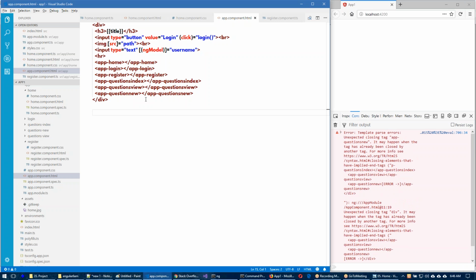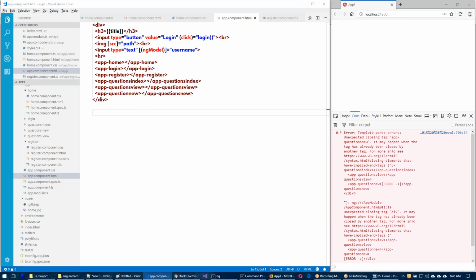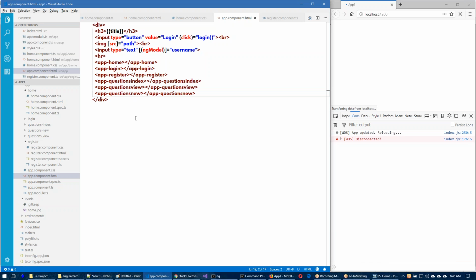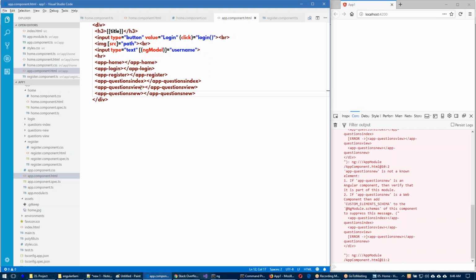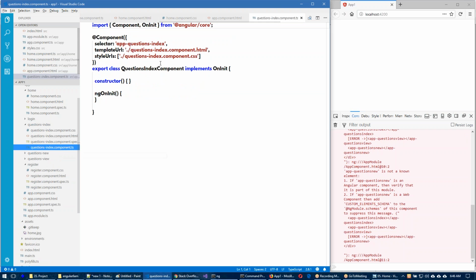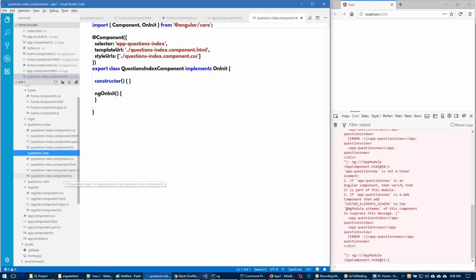Some error it is saying, what is that? Yeah, there is one hyphen also, questions hyphen index it is saying. Notice it is saying questions hyphen new.